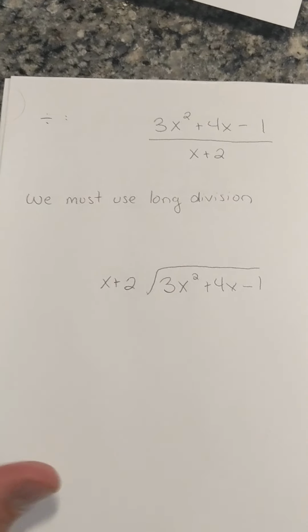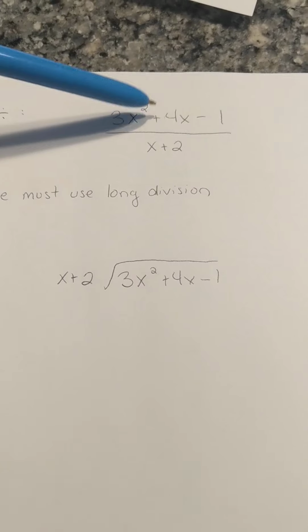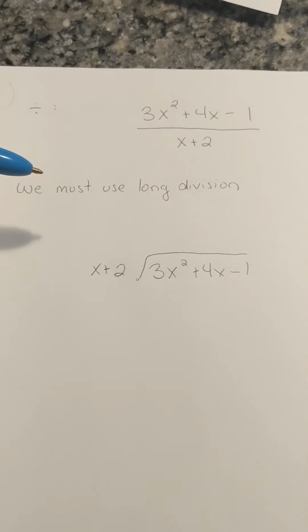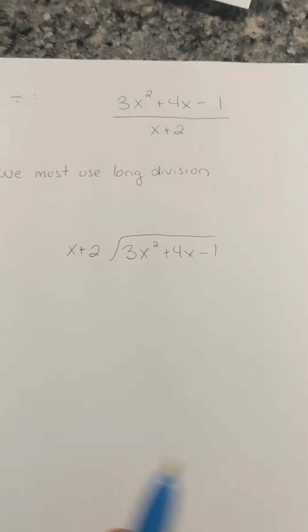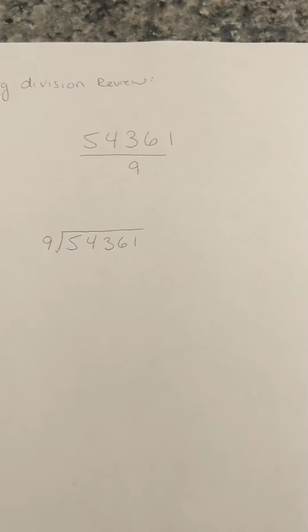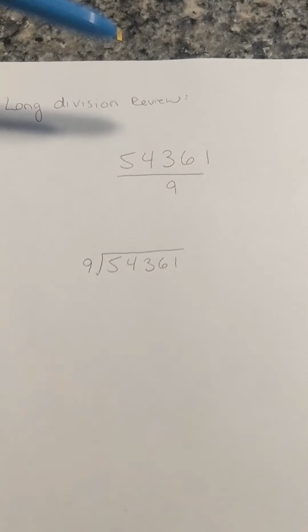Now on to the challenging one. Division. So if I had 3x squared plus 4x minus 1 divided by x plus 2, I have to use long division. Well, that's exciting. Now, just in case you forgot how to do long division, I'm here to help you. So I'm going to do